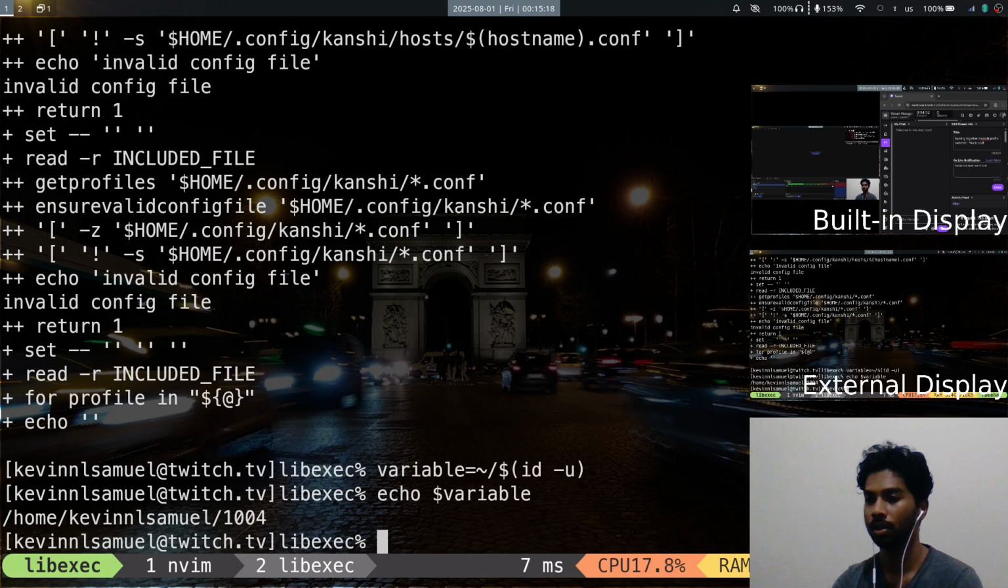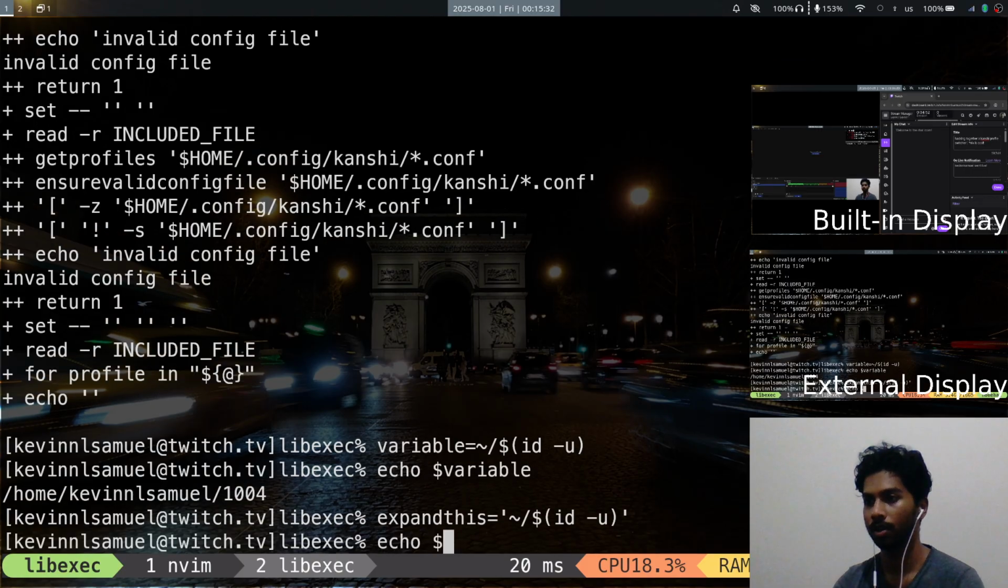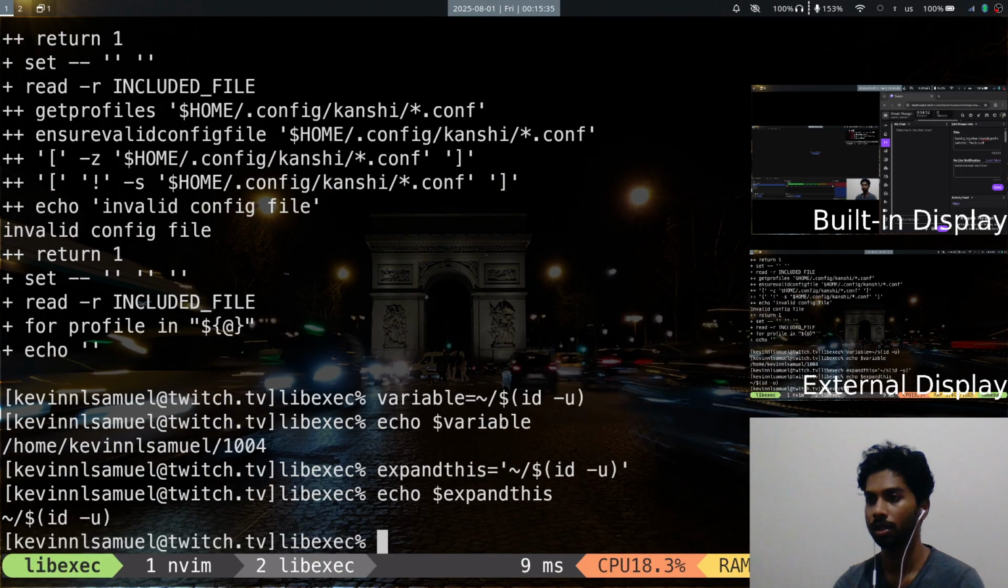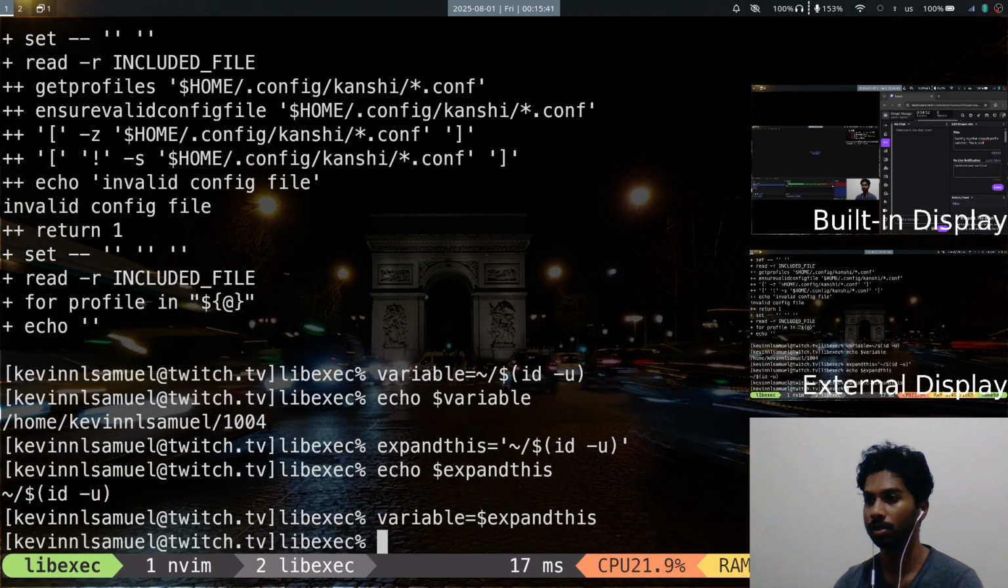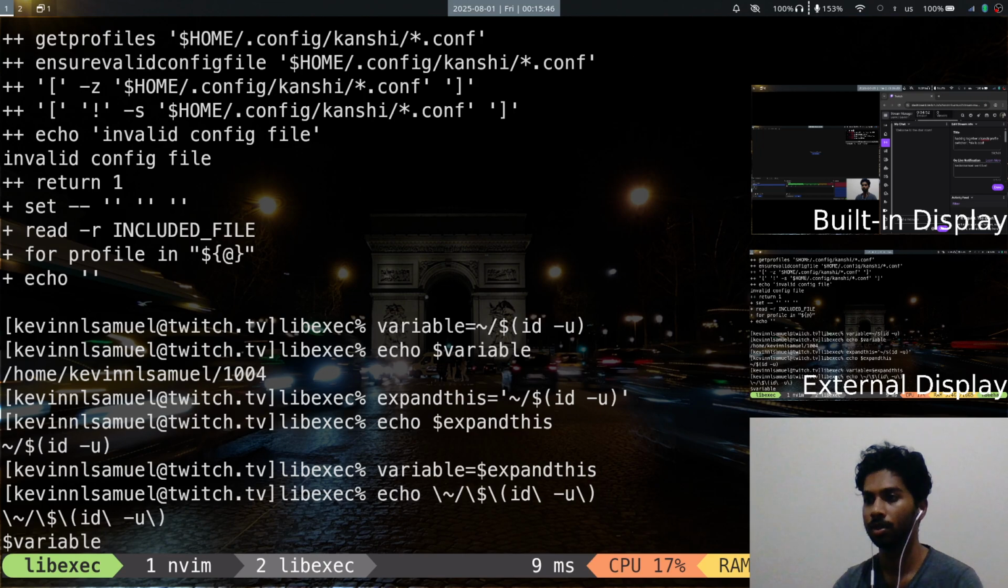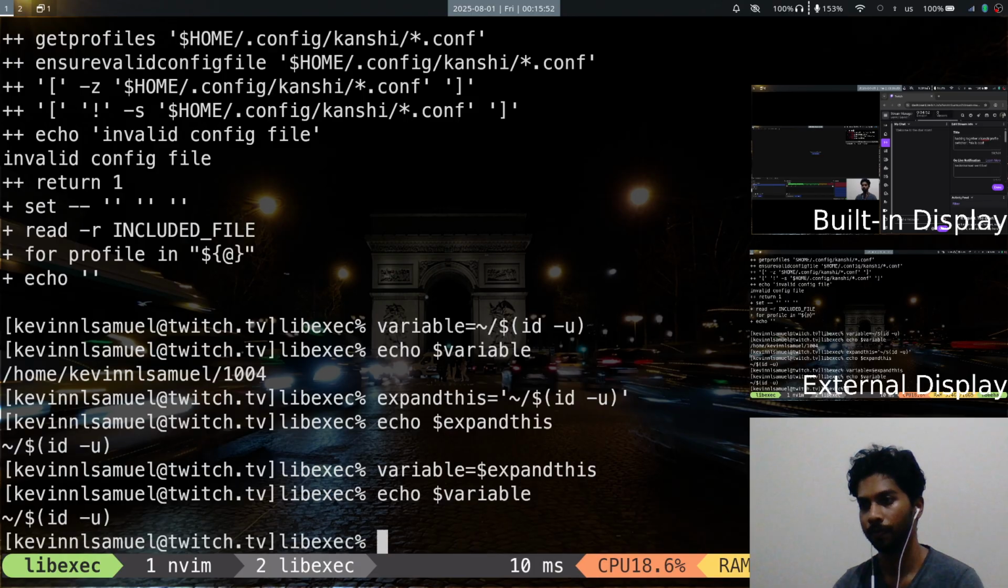So if I was going to say something like expand this is equal to this, now this is a string, echo expand this, and then now we do variable is equal to expand this. So does variable get expanded? It does not. Could do eval expand this,